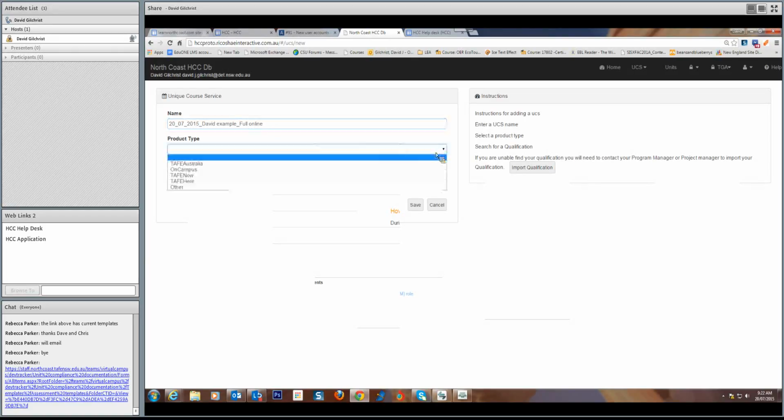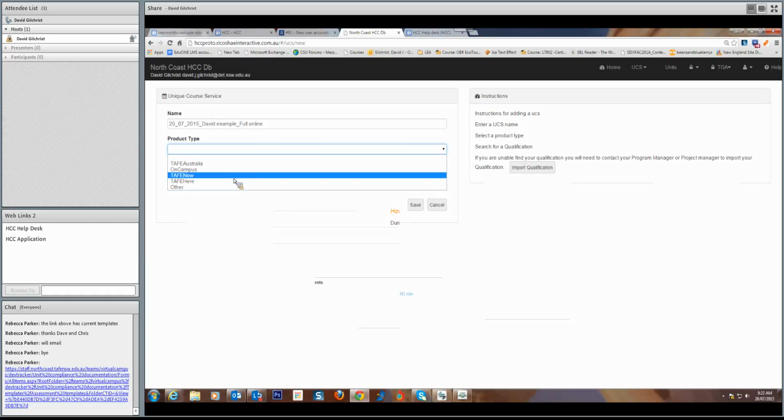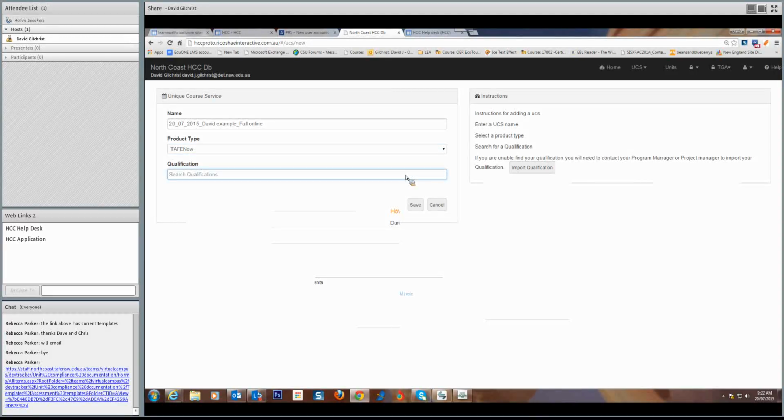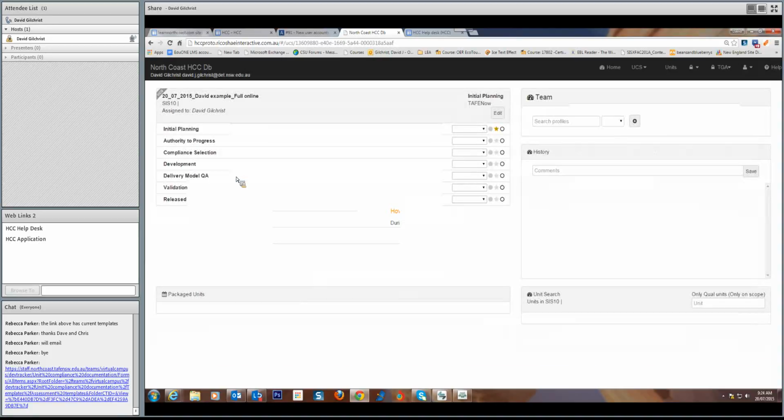Then the next thing you need to do is to assign a product type to it. So in this case, it's going to be take now. And the last thing is you need to find the qualification, and I want to use the sport fitness for this example. So I'm just copying that from training packages, and I'll paste in there. Now, if it exists, and I hit enter, so I've created the